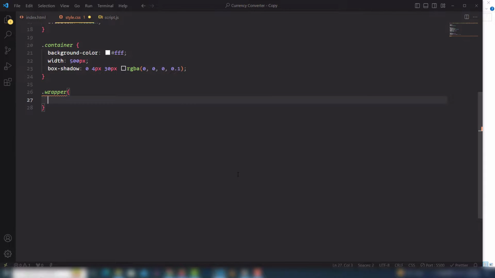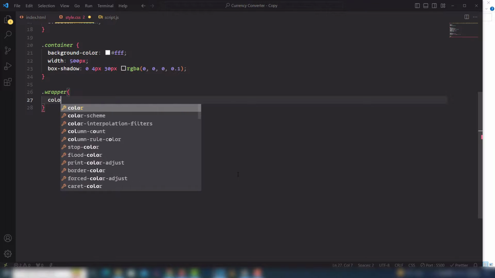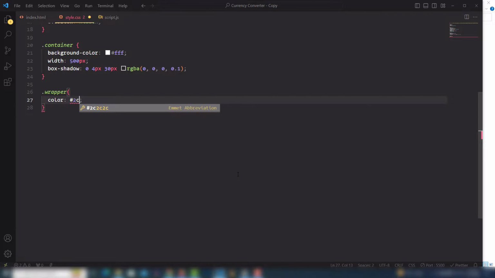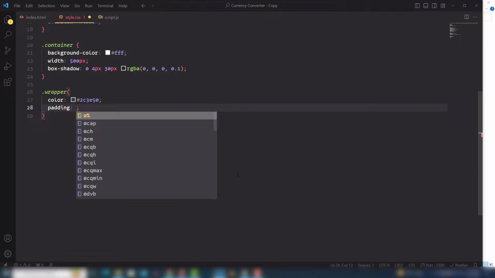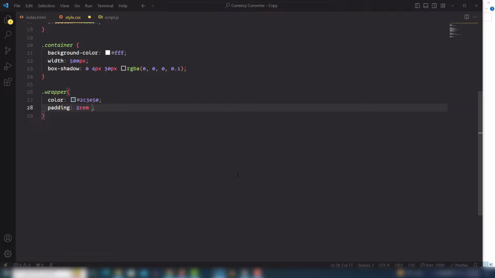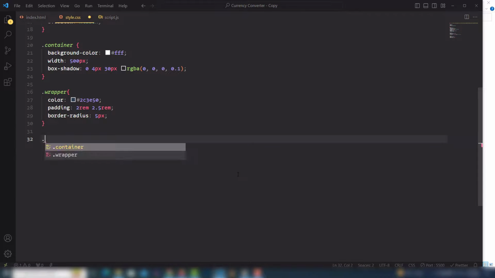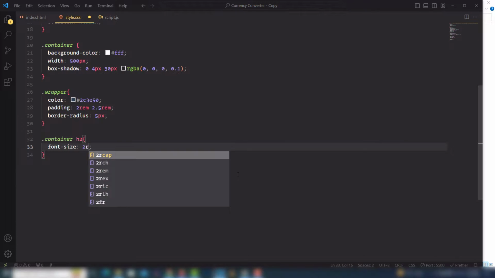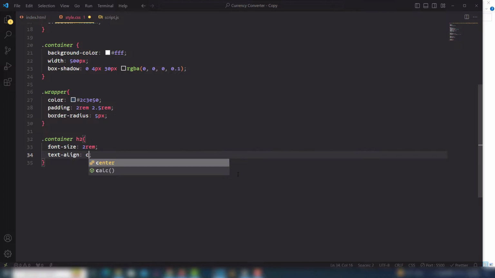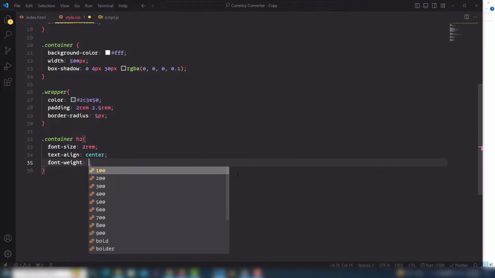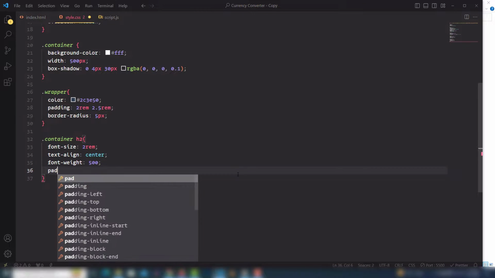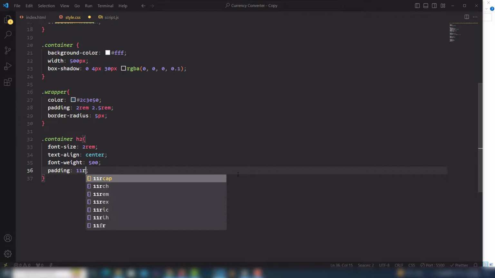In the wrapper I need to use background, not that, I need to use color hash 2C3E50, and I will use padding top and bottom, left and right 2 rem, 2.5 rem, and I will use border radius 5 pixels to round the corners. Then I'm going to select the container h2, font size I will use 2 rem, text align center, font weight I will use 500, padding I will use 1 rem